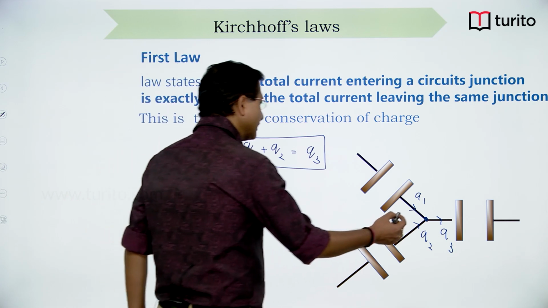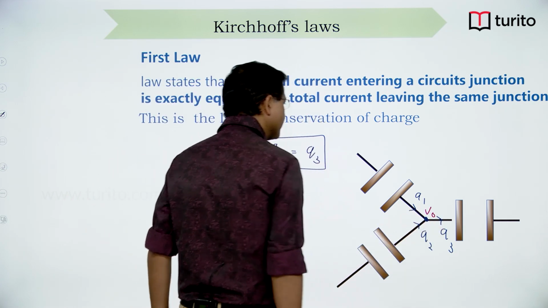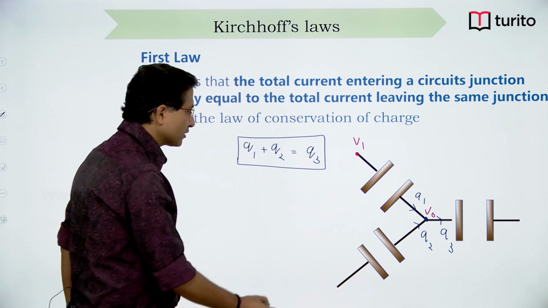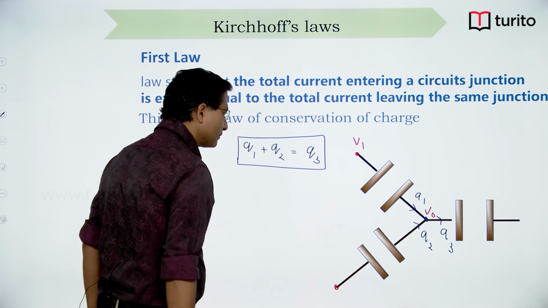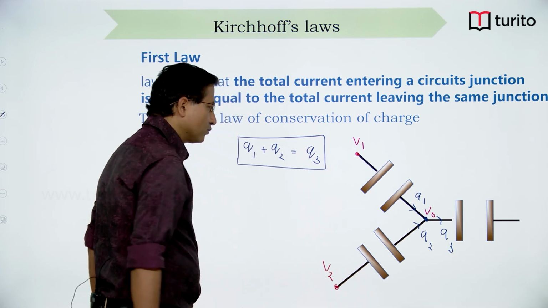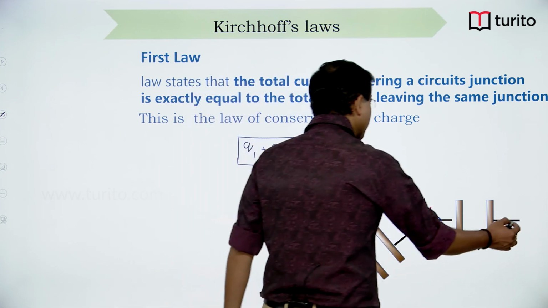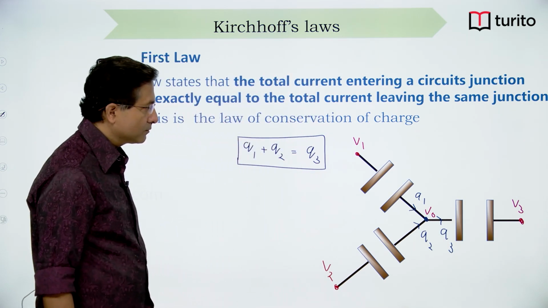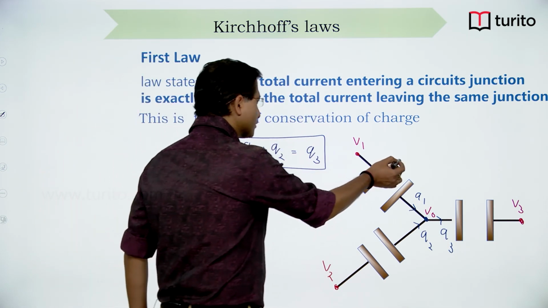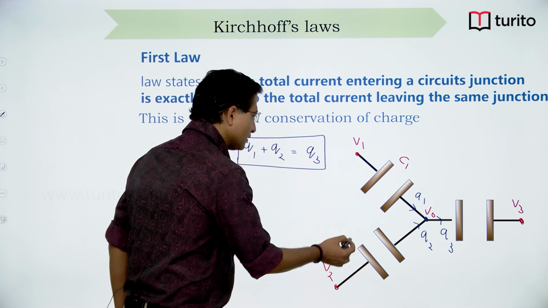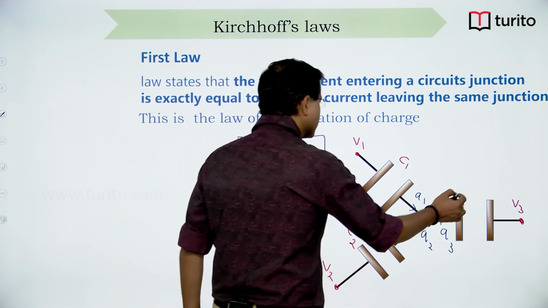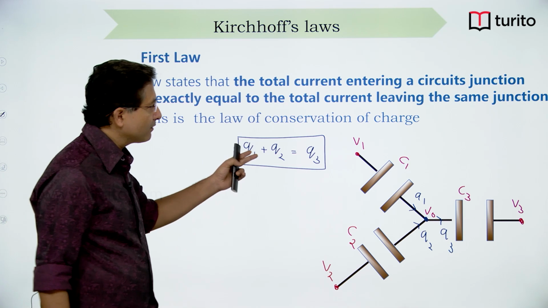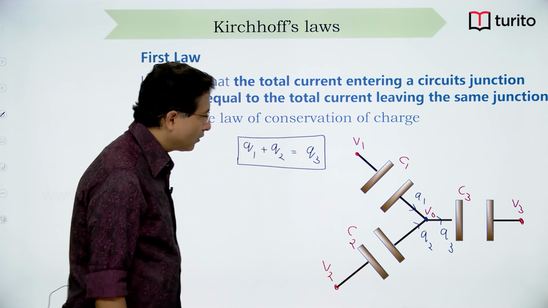If I assume that the potential here is some V naught and the potential at this junction is V1, right, and the potential of this terminal is V2, and here the potential is V3. And let the capacitances be C1, C2 and C3. So, one way of writing is what comes in goes out, or